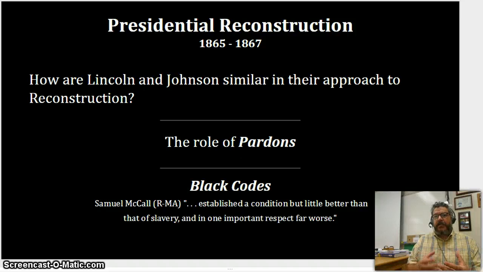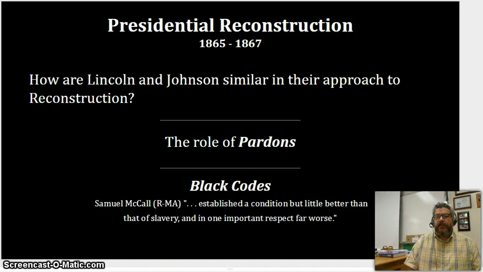As these state governments begin to reform themselves, as new constitutions are written, what we're left with are very similar governments, right down to personnel and constitution as we had prior to the Civil War. Of course, ratification of the 13th Amendment was part of the program, and so at least we come out of this period with the 13th Amendment and the official constitutional grounding and the ending of slavery.